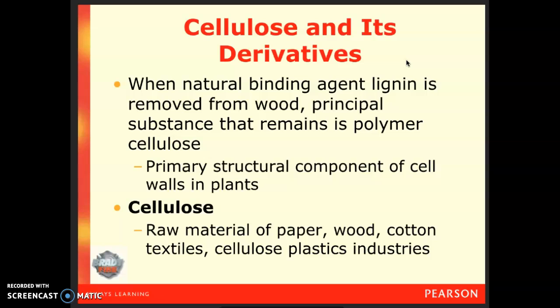cotton textiles, cellulosic plastics, which has been an up and coming category as we've become more and more conscientious of our use of oil for building plastics. In fact, there was one point in time where I believe it was like 95% of the petroleum that was drilled and brought up out of the ground was actually used to make plastics in some kind of way. Only a very, very small portion actually gets used for what we traditionally think of as uses for oil related to